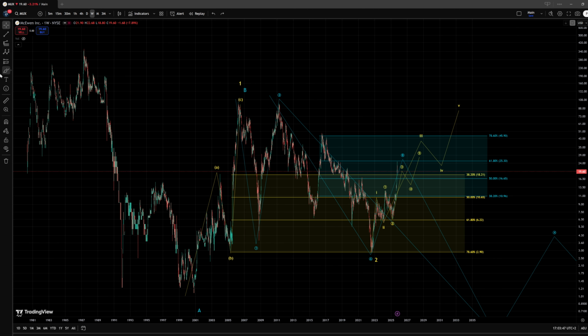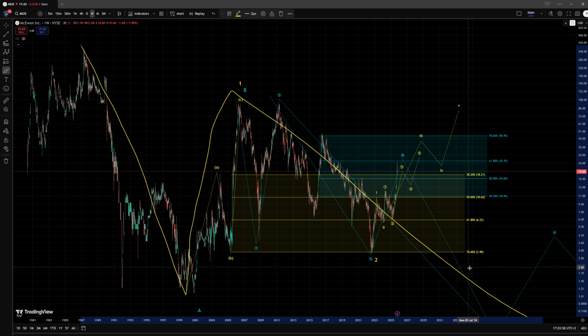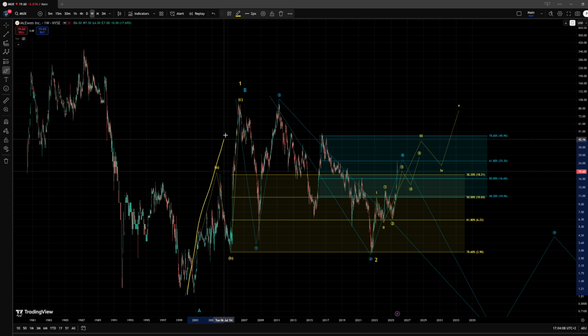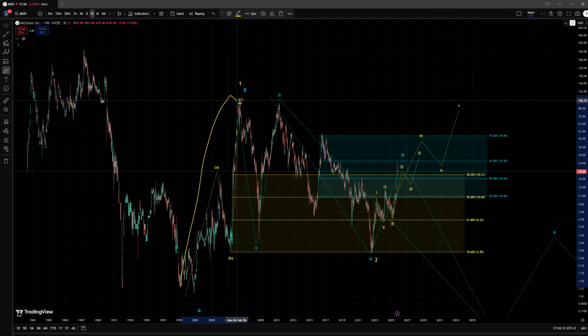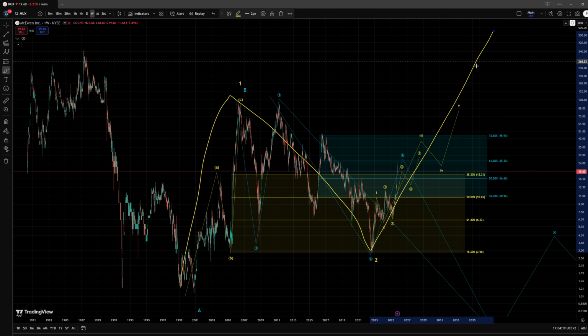Now, in the case of this chart, we are still tracking the same structures from the previous videos, especially on the larger time frame, where we have either the possibility of developing something like a larger ABC pattern that could or even probably would take us to new all-time lows, and then to the upside we could be tracking a potential larger leading diagonal that could be forming, where we have a wave 1 complete and ideally also a wave 2 complete in that case, and we would be looking to form a large wave 3 to the